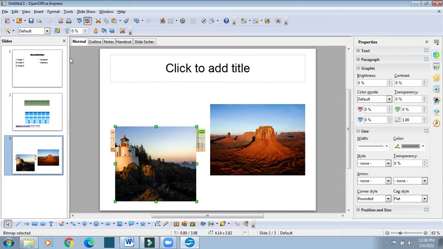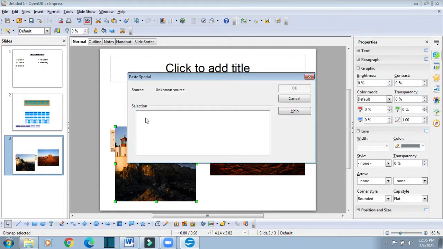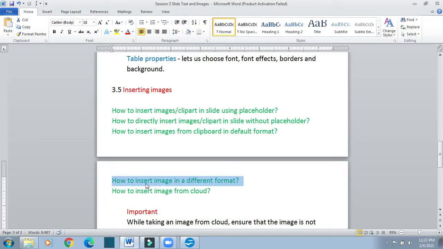Now instead of going to paste option, this one, edit and then paste, we will go for paste special. Here it will give me the option from where I can select the type of image. For this image the option is not available, I have to directly select the image, but for other images these options come. Then I will select the selection from here and then I will click on OK. So if you want to insert image in a different format, we will go for paste special instead of paste.